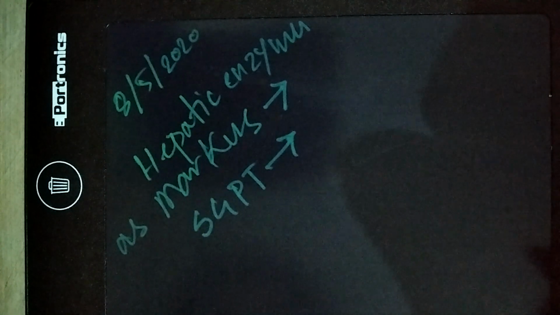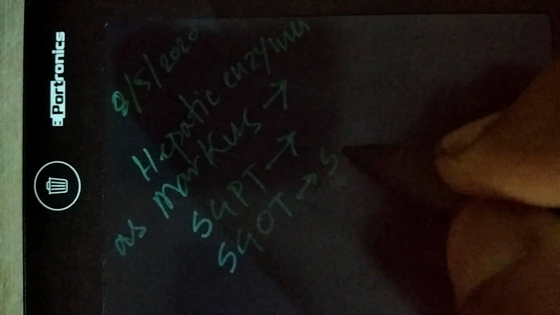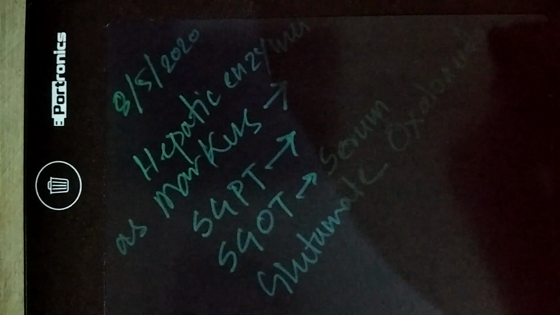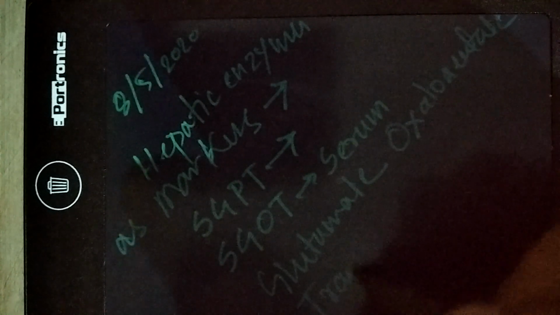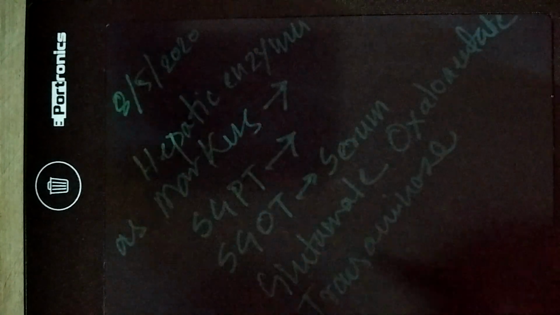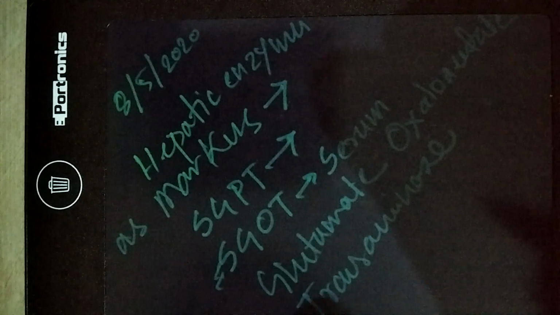We have already studied SGPT in much detail. The second enzyme, which is also a transferase, is known as SGOT. The full form of this, which is much similar to SGPT, is serum glutamate oxaloacetate transaminase. Okay. Now we shall be dealing with this SGOT separately.